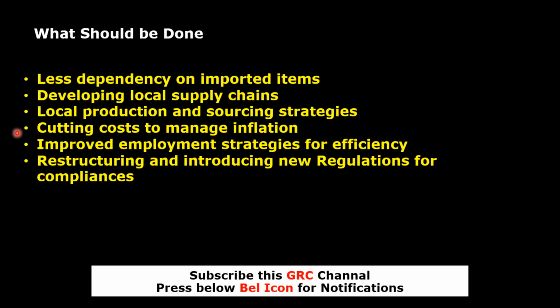Further, organizations and institutions should revisit their overall cost structure, and excess cost avenues should be curtailed or shut down if they are not productive or efficient. Improved employment strategies should be implemented, where organizations should review their overall human resource management practices and shuffle the employees, to ensure that each and every employee is productive and the relevant employees are doing the relevant jobs for increased productivity and efficiency.